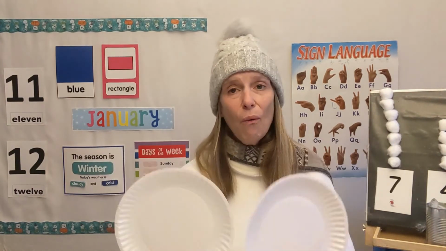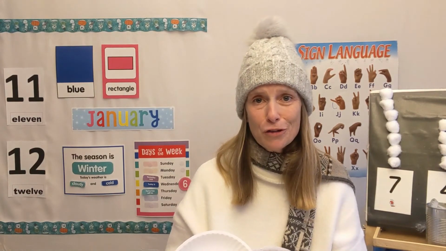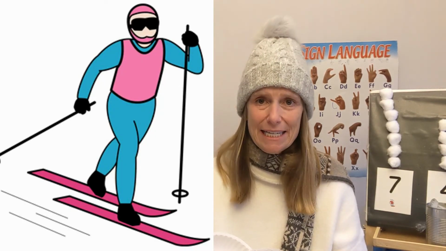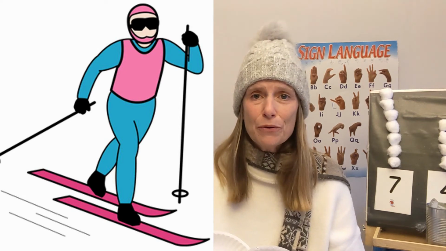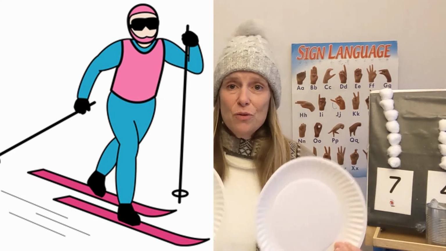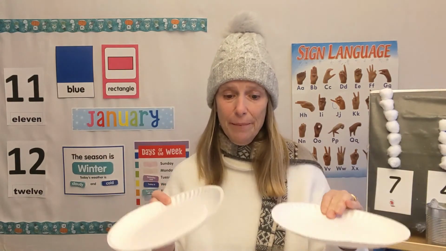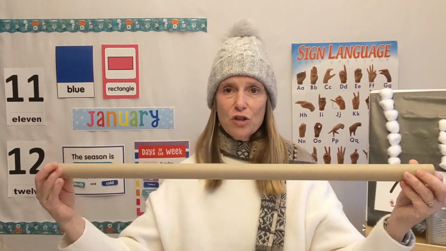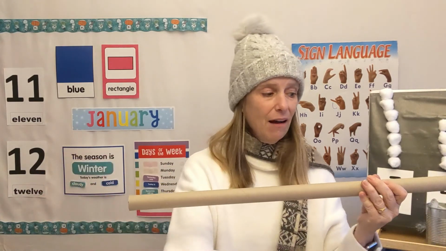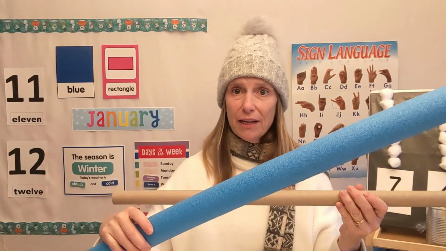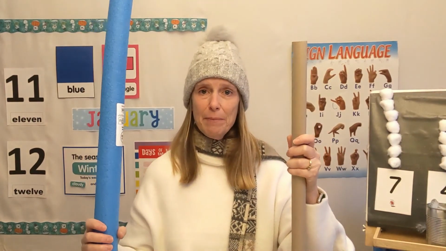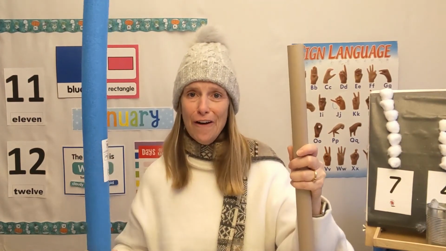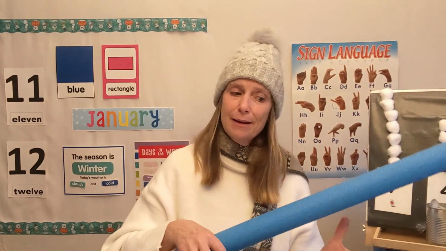One other thing you can do, I'm gonna go back to the paper plates. You can use them as ice skates, or you can use them as skis. Take a look at this picture. Skis are like long sticks that you put under your feet, and then you use poles to pull yourself along. So what you can do at home is you can take your 2 ice skates, put your feet on them, and then I have 2 different poles here. I had a tube that was left from wrapping paper from Christmas time. When I finished the wrapping paper, this was what was inside. And I also have a pool noodle that I can use. So I can use those, I can stand on my paper plates, and I can use those to pull myself along, and I can pretend that I am skiing in my house.